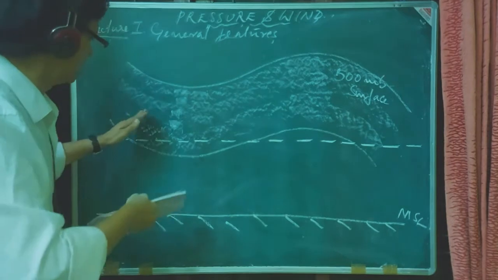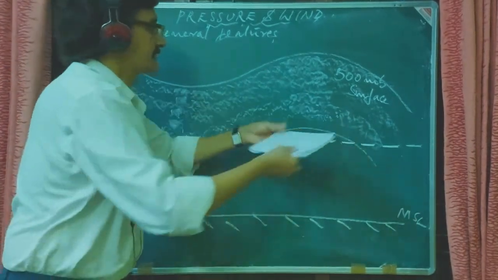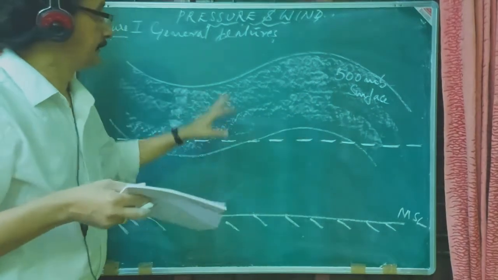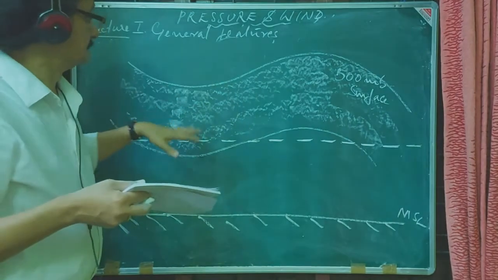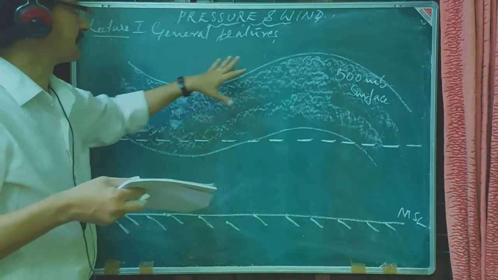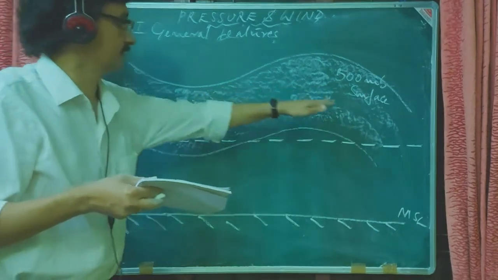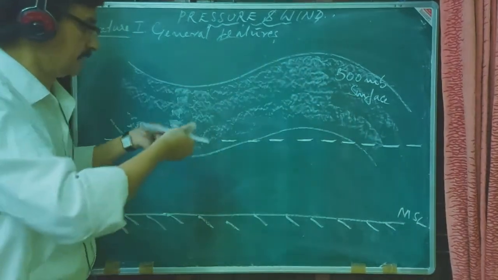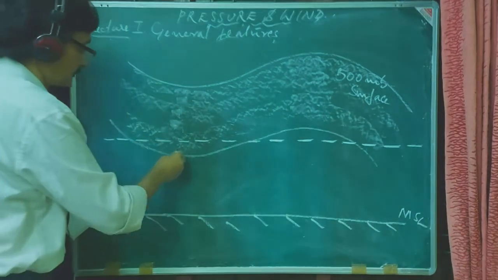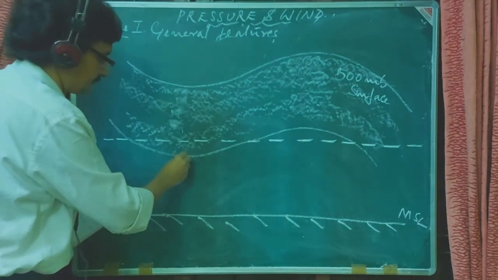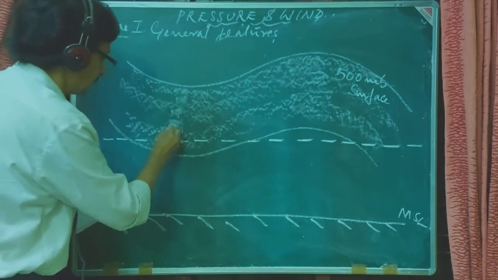It need not be a straight line over the complete region, say the Indian region. The 500 millibar surface can represent a very vast region, a specific level. If I am taking a point here, it can be